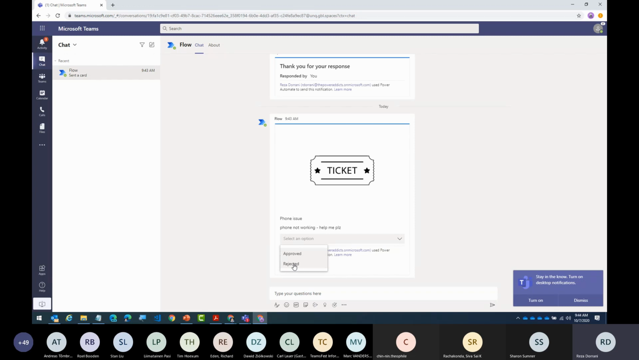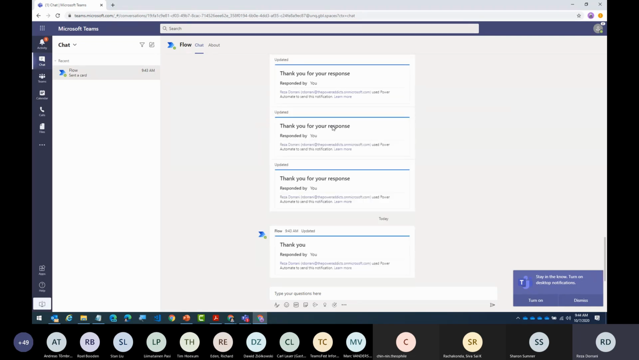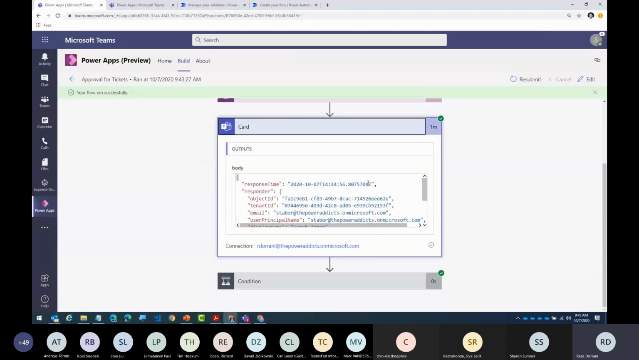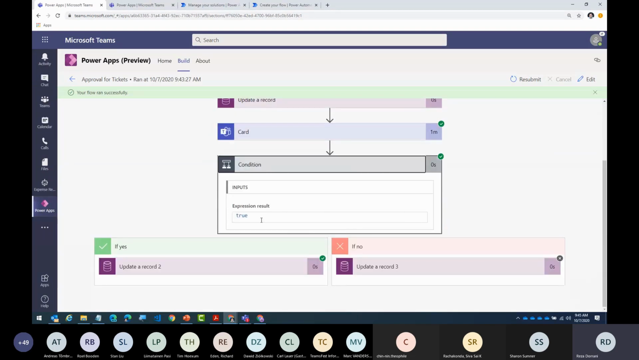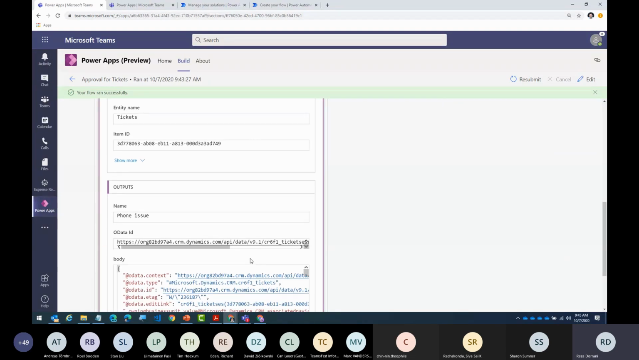I'm just trying to show you one demo right now. So I'll say, okay, I'll be good, and I'll say approved, and I will submit. And the moment Sarah does this, this card will close and say thank you, because that's the message that I gave in Teams. And if I quickly go back to my flow, you will note that my flow has gone ahead. The flow expression went to true because Sarah said approved, and the status of the ticket now should be